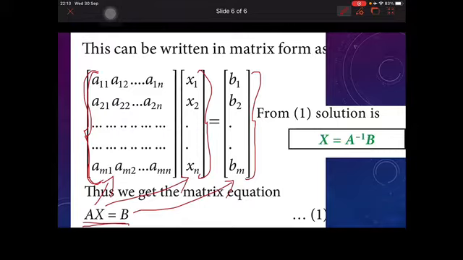What is the solution for Ax is equal to B? We have to find the value of x, right? So, x is equal to A inverse B. That is the solution. When you move A to the opposite side, it will go as the inverse. So x is equal to A inverse B is the solution for the system of linear equations. By solving a few problems in this method, you will understand more.